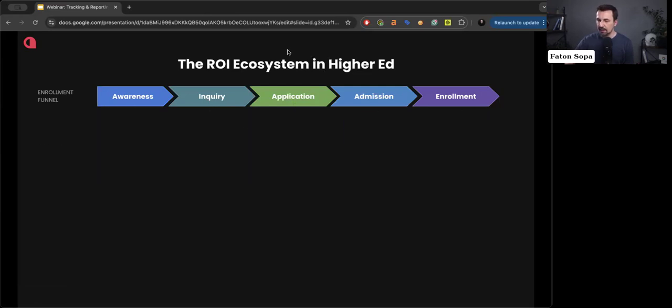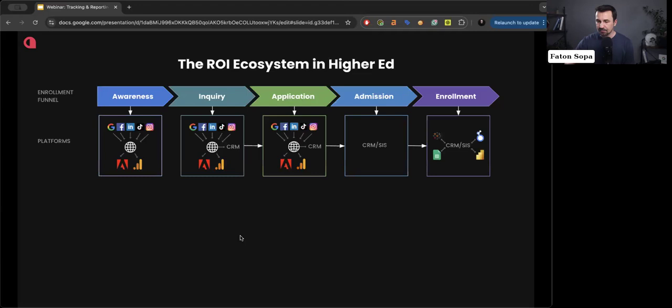And as I was saying, the decision-making process is very complex. When you try to build an ecosystem, you have to consider everything in between: all the channels, tools, people, integrations, communications, stakeholders, and everything. And this becomes more and more complex.